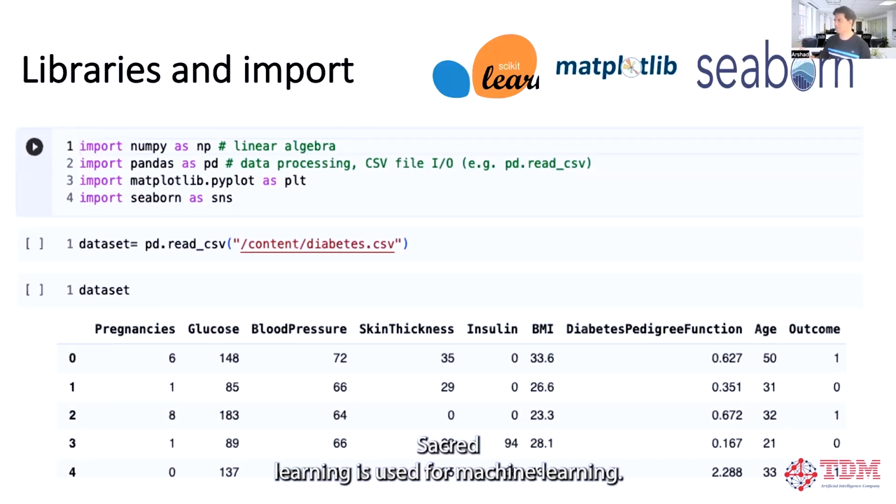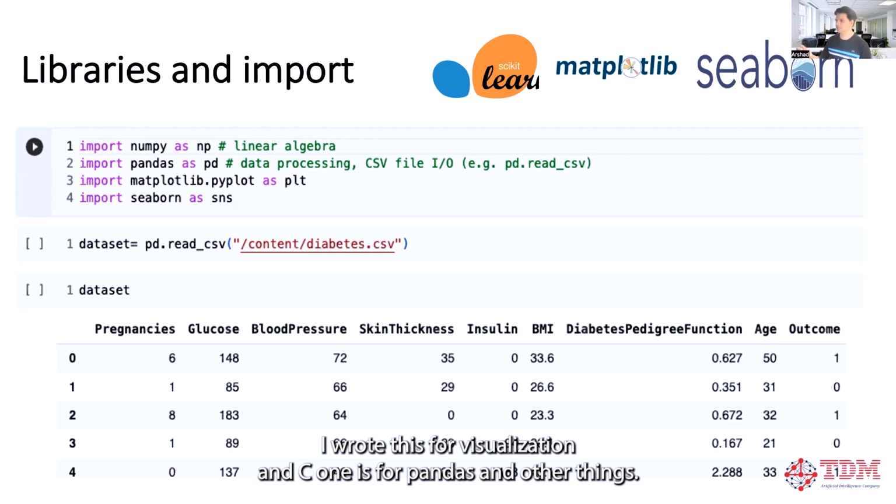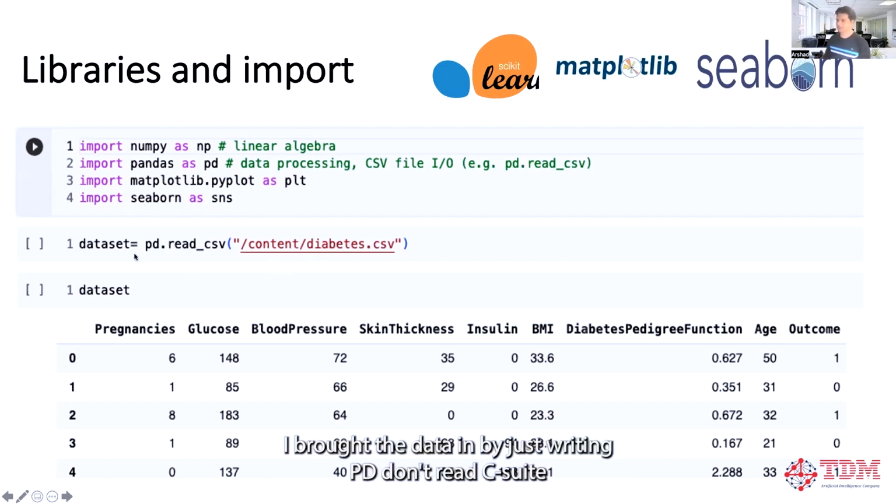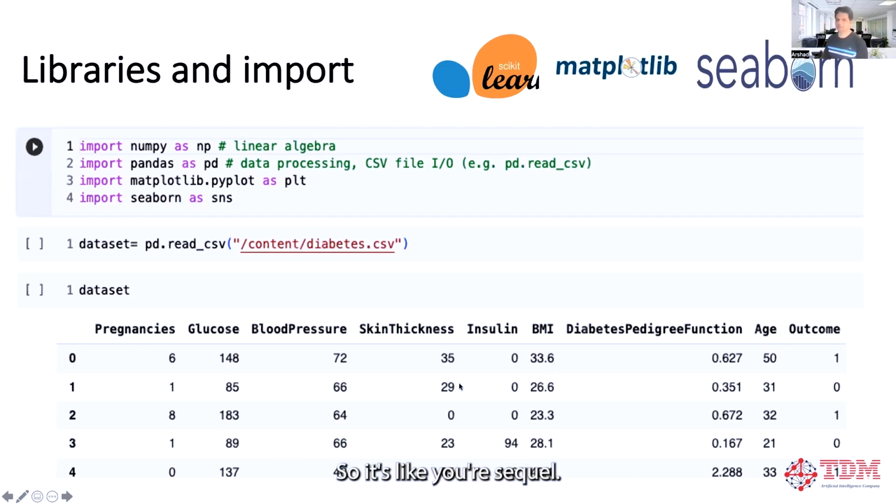Scikit-learn is used for machine learning, matplotlib is for visualization, and seaborn is for pandas and other things, data frames. So this is what I'm doing. I brought the data in by just writing pd.read_csv. And this is what the data set looks like: pregnancies, glucose, blood pressure, insulin. So it's like your SQL.